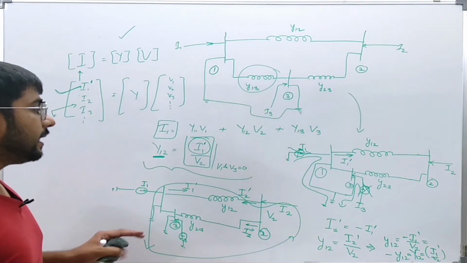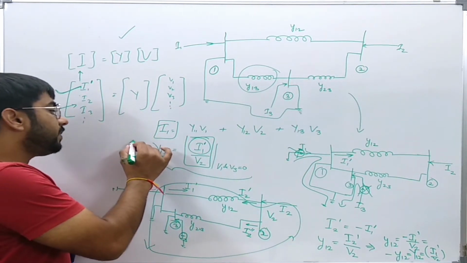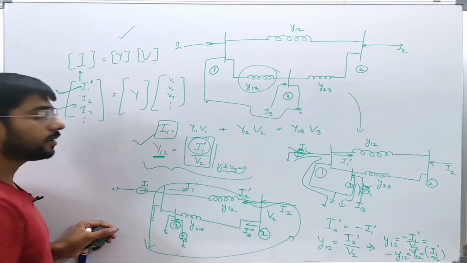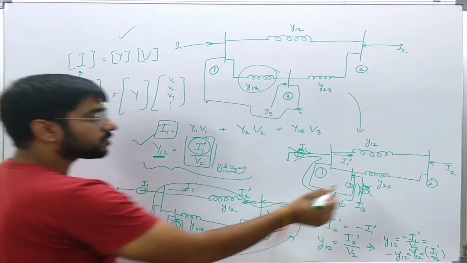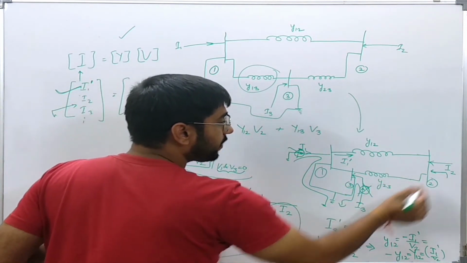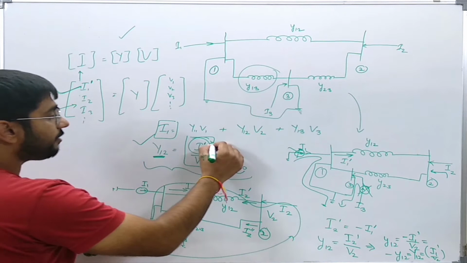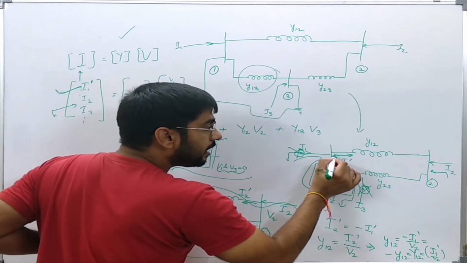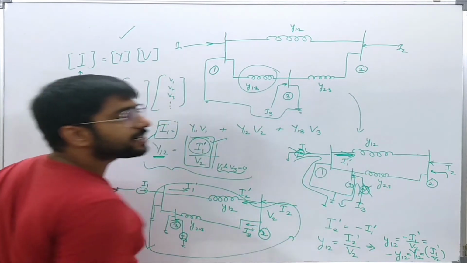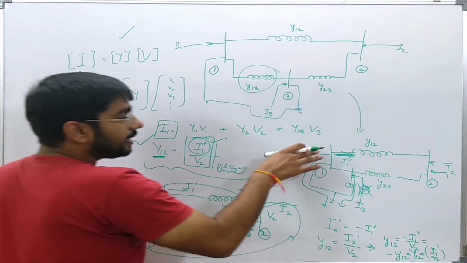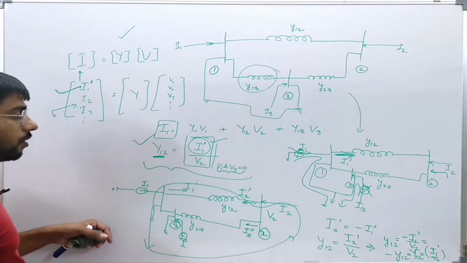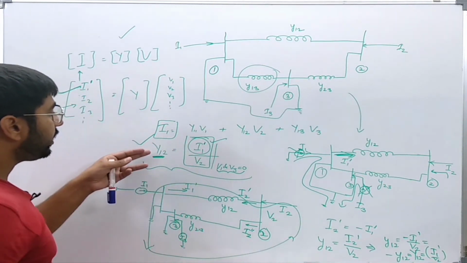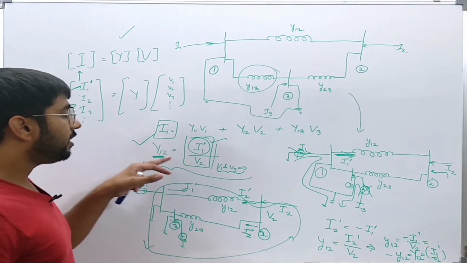So we see that Y12 can also be determined by shorting all other buses and putting a current source on, let us say, bus 2 and finding the ratio of I1 over V2, where I1 is the current which is entering into the transmission network from the bus 1. So now I hope that this point is clear, that how we are writing this Y12 as a ratio of